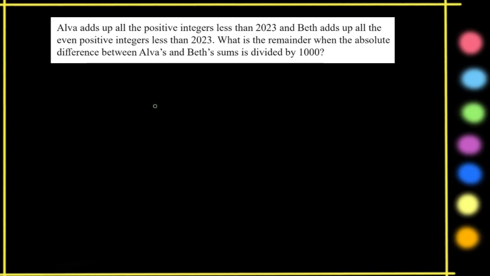So this says Alva adds up all the positive integers less than 2023, so not including 2023. And Beth adds up all the even positive integers also less than 2023. What is the remainder when the absolute difference between those two sums is divided by 1,000? So what is the difference between those two sums? Well, the difference is going to be what you get when you add up all the odd integers that are less than 2023. So that's 1 plus 3 plus 5 plus, dot, dot, dot, plus, all the way up to